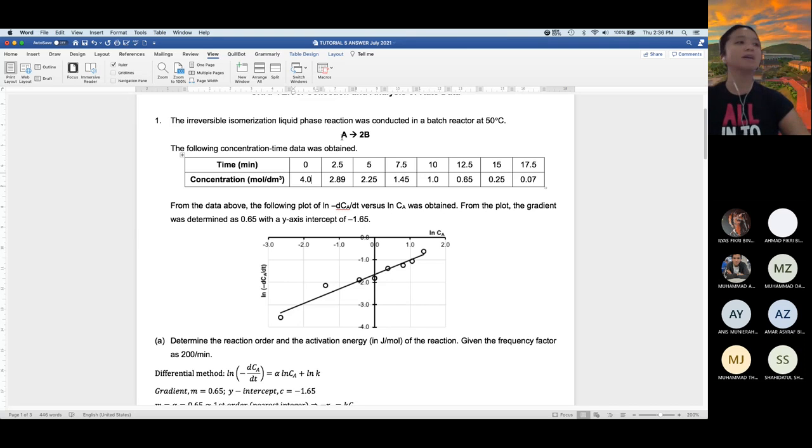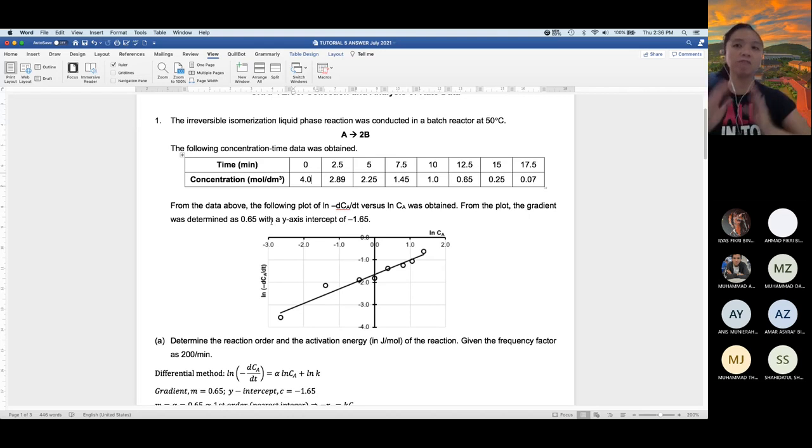From the data above, the following plot of ln minus dCA per dt versus ln CA was obtained. From the plot, the gradient was 0.65 and y-axis intercept negative 1.65. So imagine from the experimental data, in the lecture class I taught you how to find the data for y-axis and x-axis and plot the graph. For this question you don't have to do that anymore. The graph is already given, but you must know